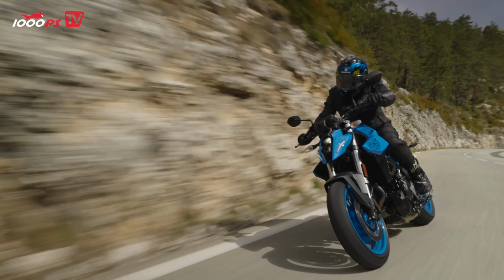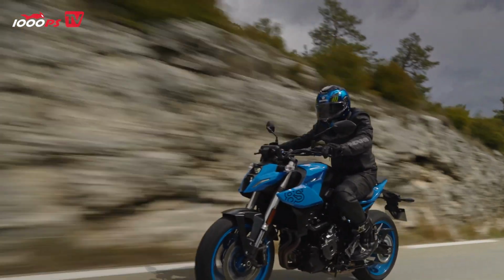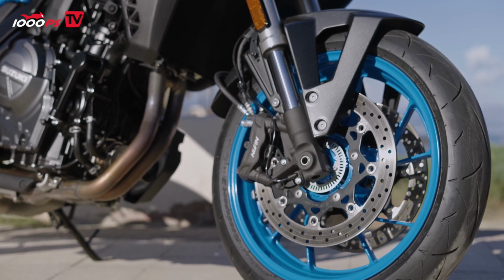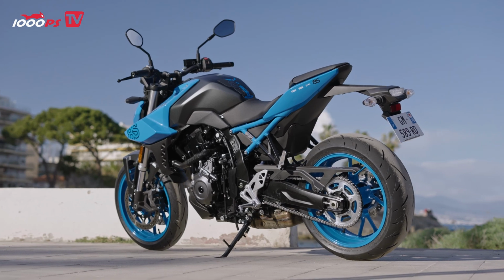That may also be due to the slightly wider 180/70-17 tire format at the rear instead of a 160. But in truth, a certain stability should still be worth something. At least the engineers have made what I think is a very fine compromise between sportiness and comfort in the